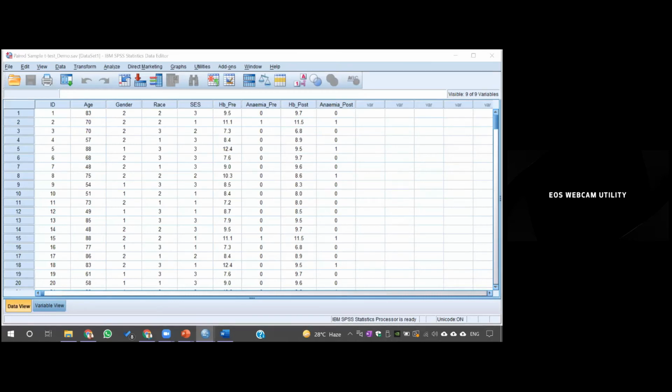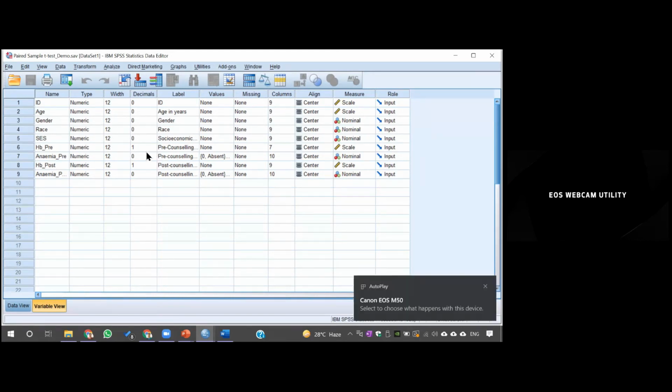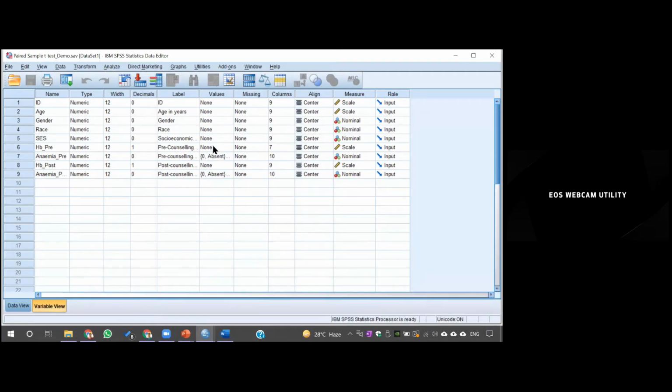This is the data set. Coming to the variable view, you see the ID, age, gender, race, socioeconomic status, and anemia. You can see there is a value of hemoglobin pre-intervention and a value of hemoglobin post-intervention.